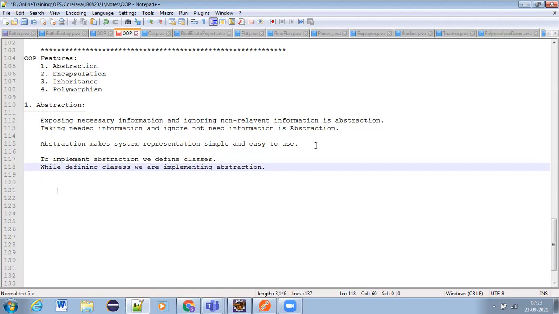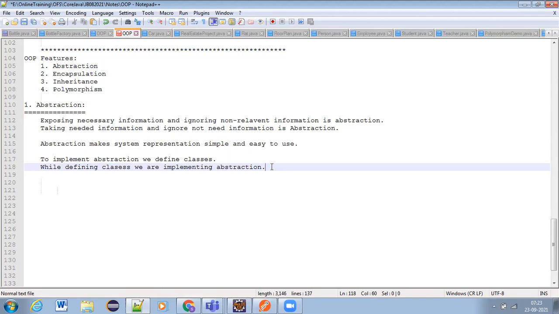Clear? So how do you implement or achieve abstraction in your systems? The basic level of abstraction we achieve through class definitions. Whenever you define a class in your application, in your software development, or in your program, that is nothing but doing abstraction.